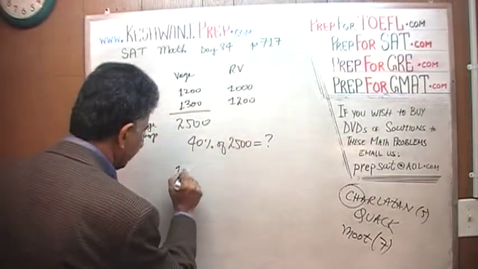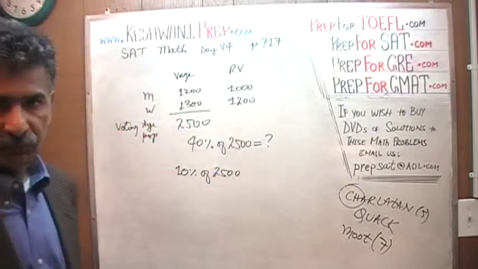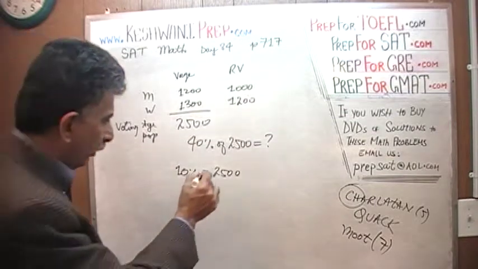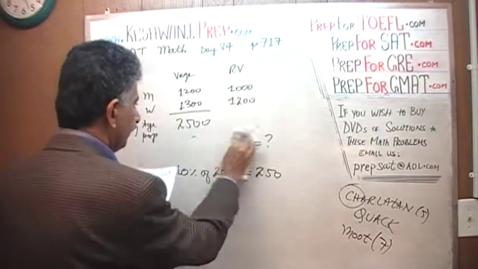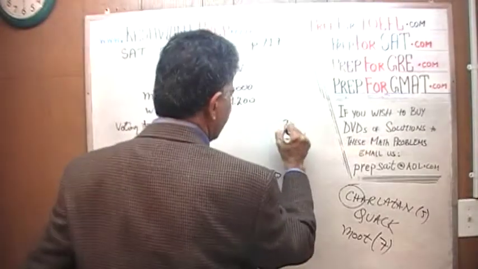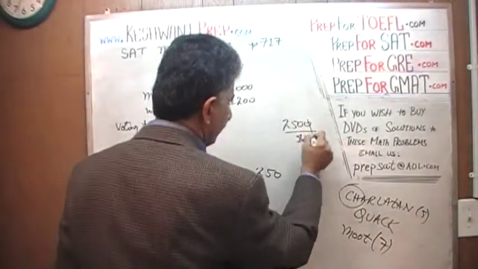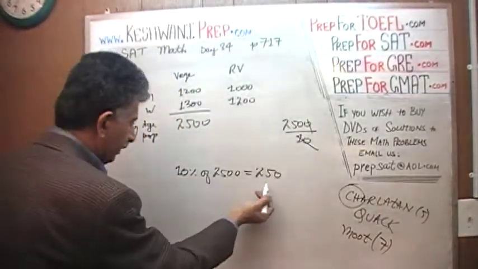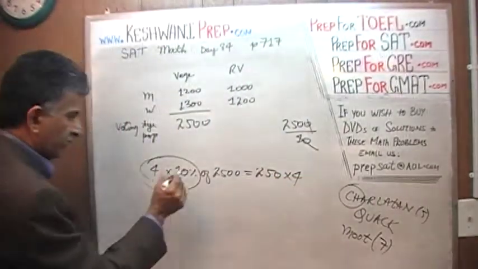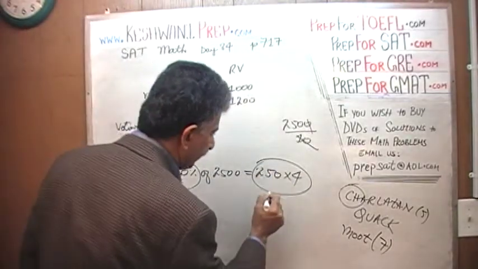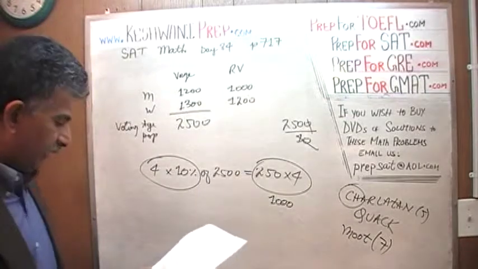We know that 10% of 2,500, if somebody were to ask us what is 10% of this figure, all we have to do is knock out a 0 and it will be 250. 10% of 2,500 is simply taking 1/10 of it, and you simply knock out a 0. So that's the 10%. If 10% is 250, 40% would be 4 times the amount. 4 times 250 is 1,000. So now we know that 1,000 people